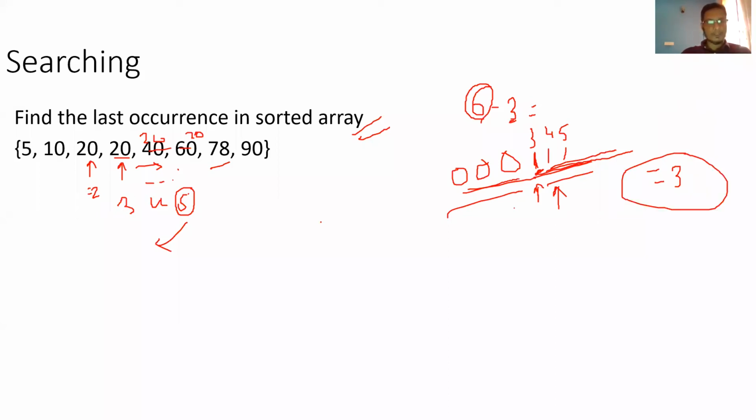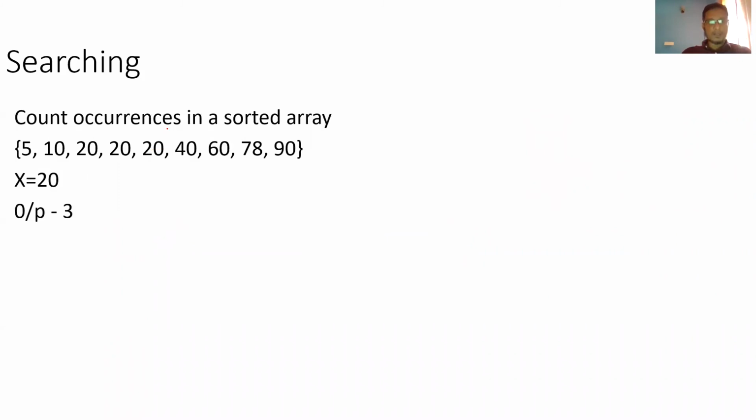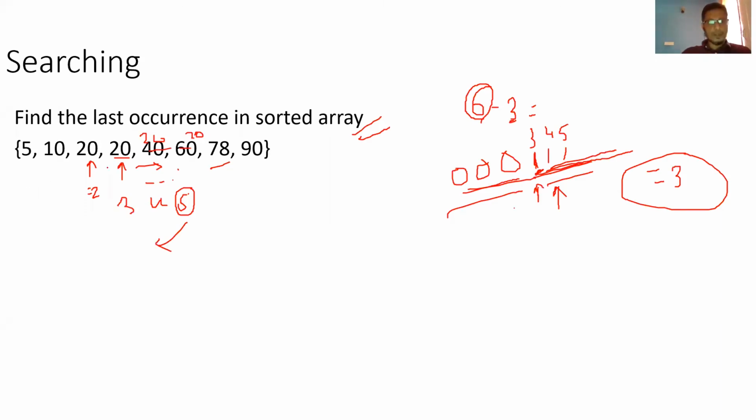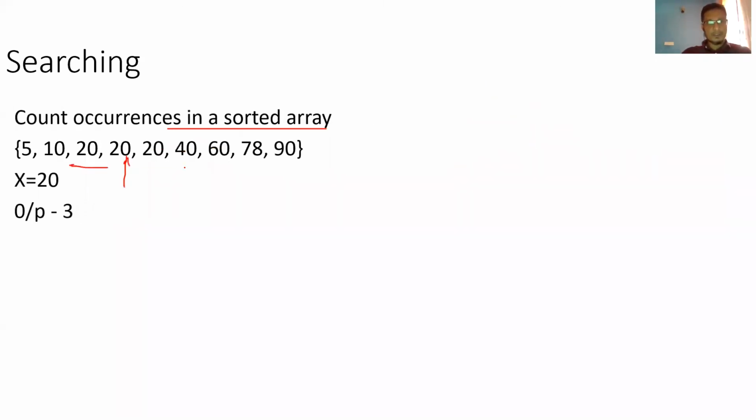I think I have that. So the same for count occurrences. The same concept applies here. Once you got the item, you do a left search and a right search also, to see how many items are there. So this is the first item you found. When you do the left search, you add this to the count, so that becomes 2. Then you stop your search here because there is no further 20. When you do the right search, you will get another item, so you add one more, so that is 3. Again, this will take O(log n) only.